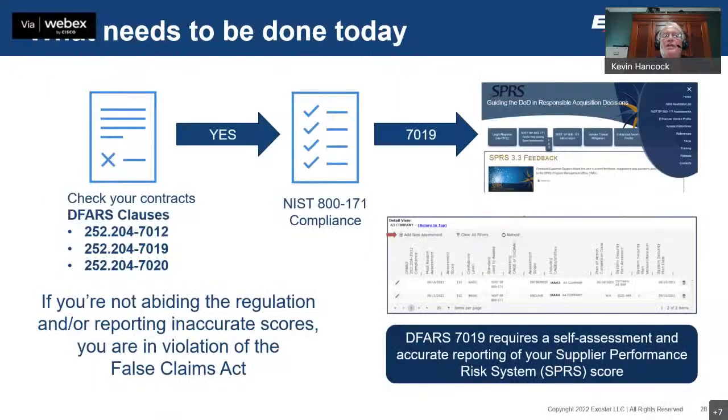Just a couple points to bring it back a little bit to the 871, since I know based on the questions, a lot of people are still around that. But please understand what Bob and Chris talked about is, as Bob mentioned up front, 800-171 is very much about the security of information. It is, if you will, the defense of that information. It does really nothing around those other vectors of attack.